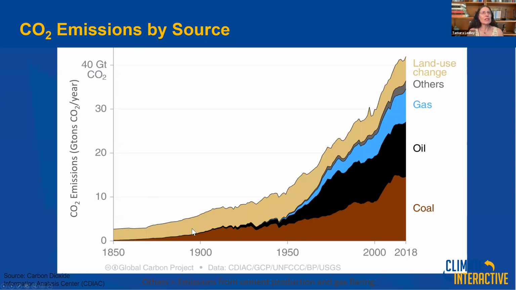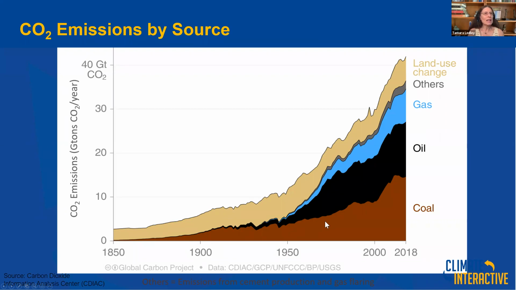So here is another graph that shows the different sources of carbon dioxide emissions. The graph goes from 1850 to 2018, so a very different scale from what we just looked at. And this is the carbon dioxide emissions in gigatons of carbon dioxide per year. You can see here that in 1850, most of the emissions of carbon dioxide into the atmosphere were land use changes. This is the clearing of land from forests to fields for agriculture, which is mostly what was happening at this time. But you can see in the late 1800s, coal started to become a significant part of society's energy